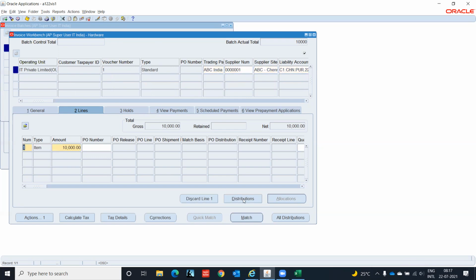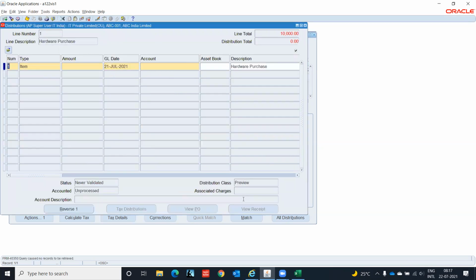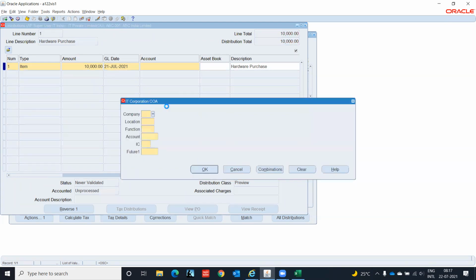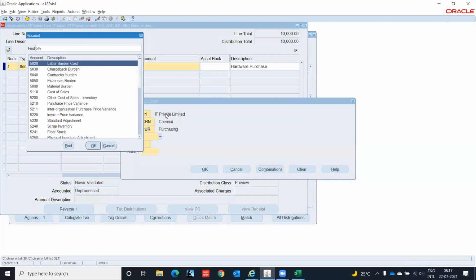Now you have to click on distributions. When you click distributions, you will see here it is the red color. Okay, it means it is not matching till now. We are going to enter the hardware, 10,000 rupees. Accounting date 21st. In the account, we have to book it under the expenses. C1, CHN, purchasing. Now it is starting with the 5.